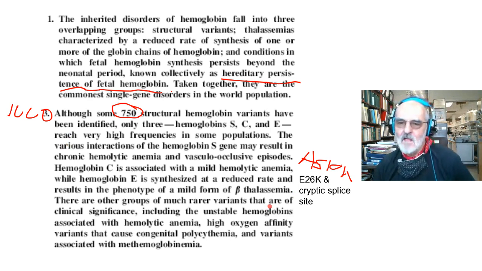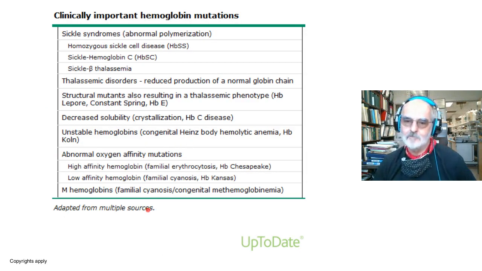Okay. There are lots of other mutations that affect stability, folding, or oxygen affinity, et cetera, et cetera. And so a lot of these are things that we'll talk about briefly, but this 1,000 mutations that are out there have other implications for protein hemoglobin structure function. This website that I mentioned lists this also in a slightly different form. They mention single site mutations that affect abnormal polymerization. They affect thalassemia disorders that we've mentioned. They affect